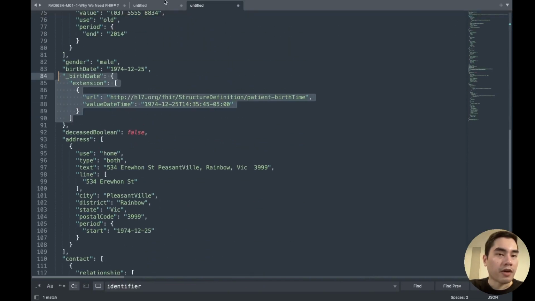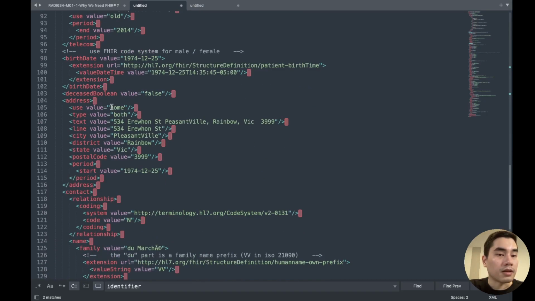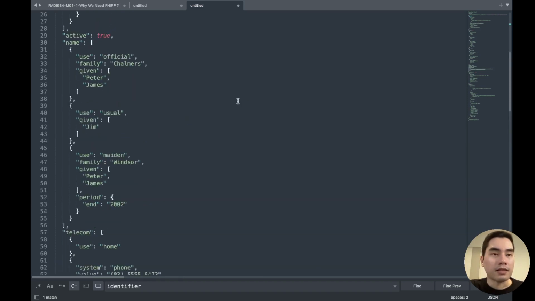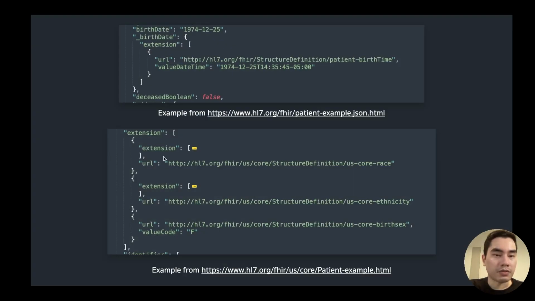But in XML, it's treated differently. It's treated like here, extension as a child of the element. This is an extension at the level of the element. There is another extension at the level of the resource that we will talk about in the extension session. And this is when you nest the extension. Just skip it for now.